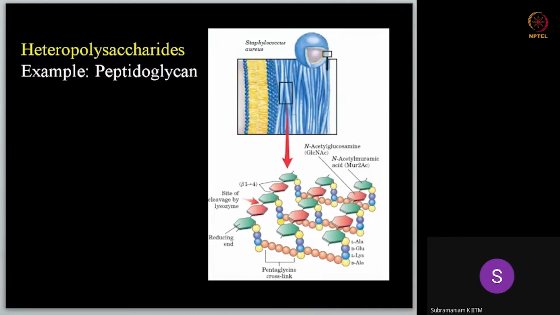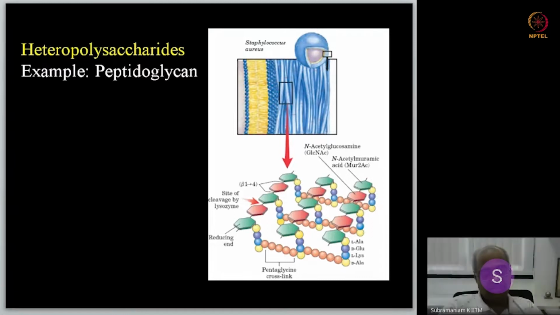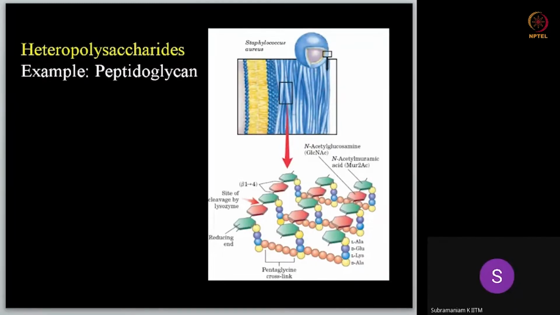Yesterday we discussed homopolysaccharides. We came up to chitin. Chitin is the polysaccharide that forms the structural unit of the exoskeleton of many arthropods, including the insect's protective cover for its wings. So today we'll